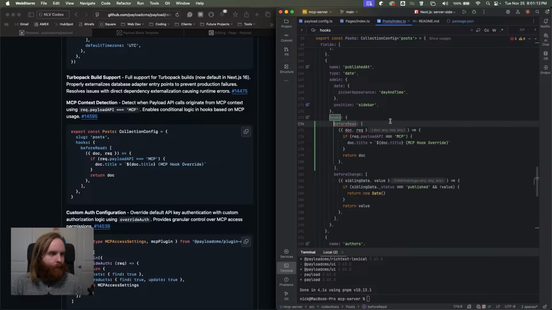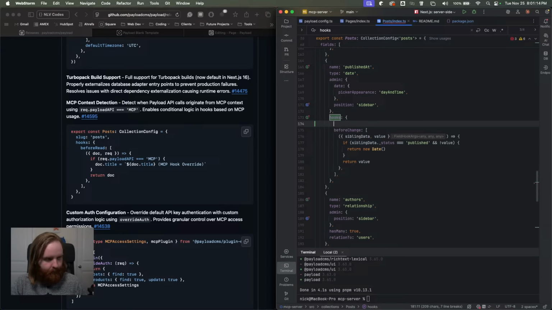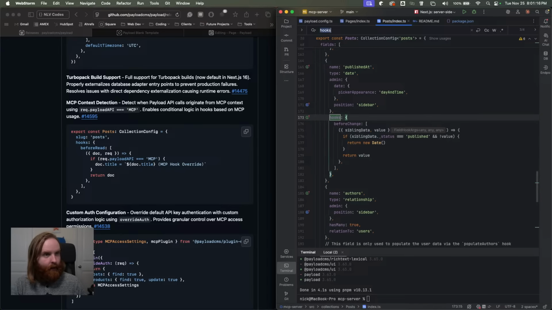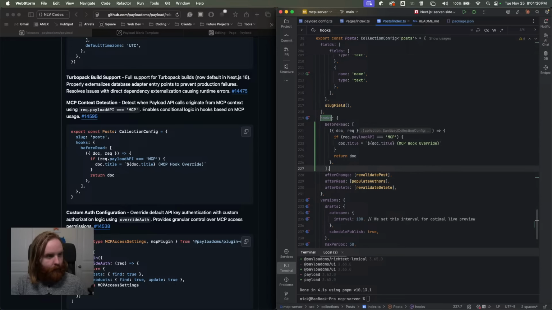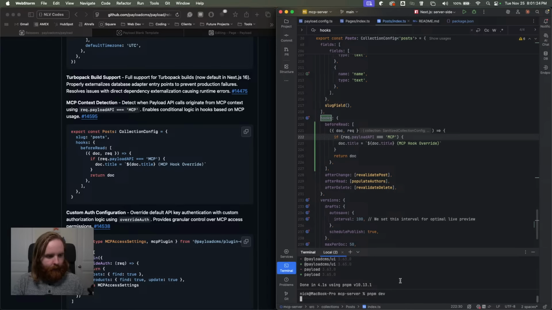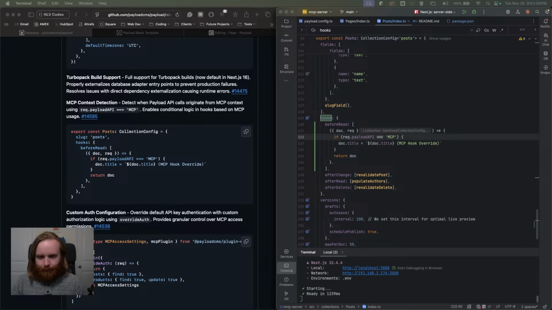Oh, I'm probably in the wrong spot. That's probably a field hook. So let's go ahead and look for my collection hooks, which is where this actually is. So I can save this. I'm going to run pnpm dev, and while that loads up, I'm going to